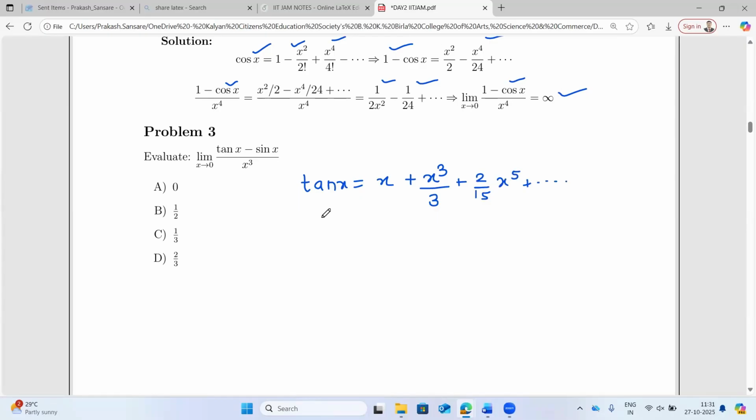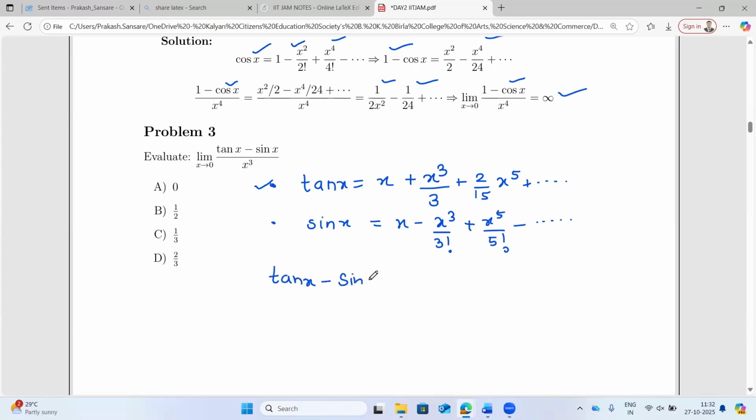And similarly, you have sin x also, which maybe I have not written. My advice is, students, please remember this formula also. So sin x is x minus x cube by 3 factorial plus x raised to 5 upon 5 factorial minus dot dot dot. So I need to have a subtraction of these two. So tan x